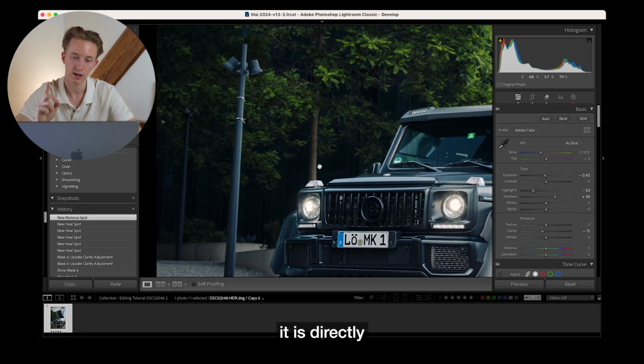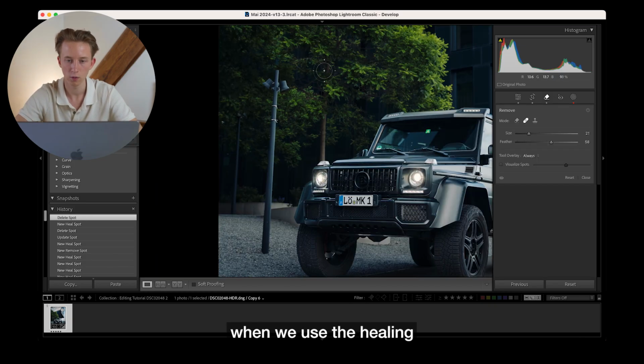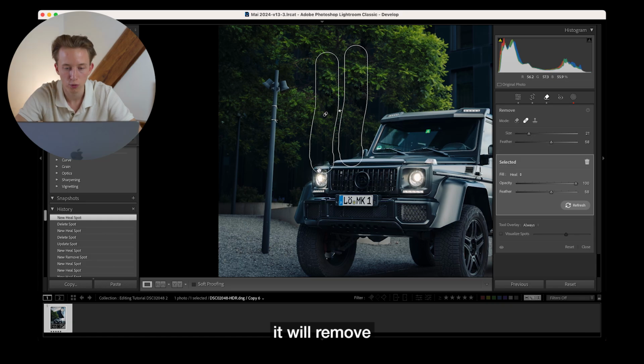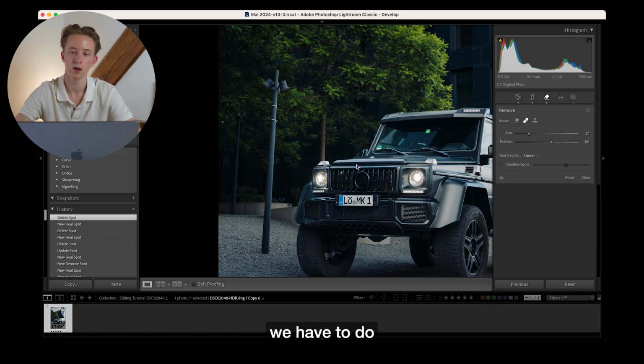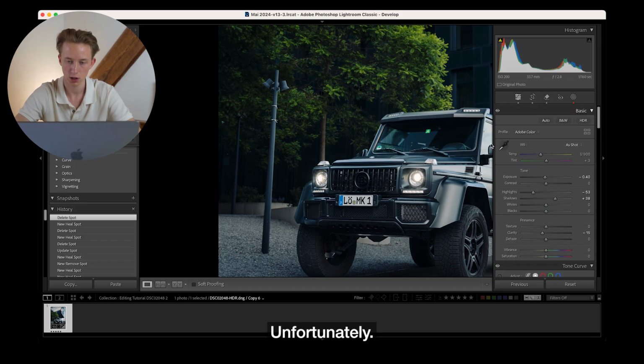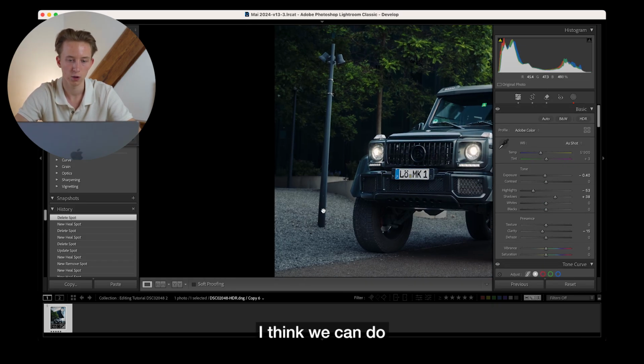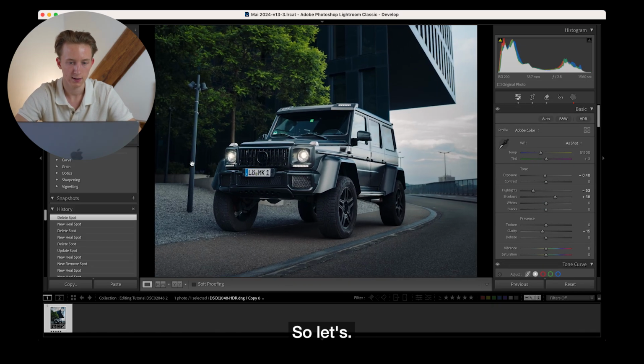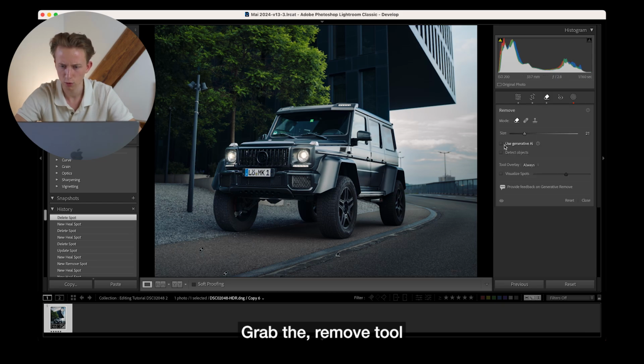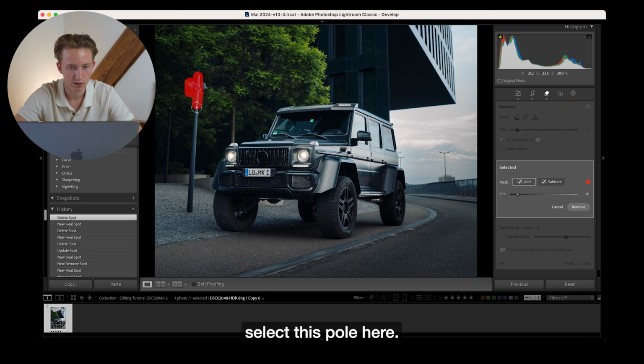The problem is it is directly behind the car. So when we use the healing brush, for example, the problem is that it will remove the lights here and it will just look bad. So this is something we have to do in Photoshop, unfortunately, but the rest I think we can do in Lightroom. So let's grab the remove tool and use generative AI for this, and select this pole here